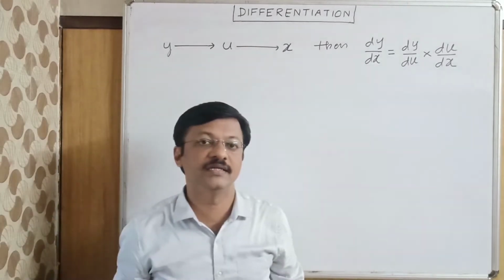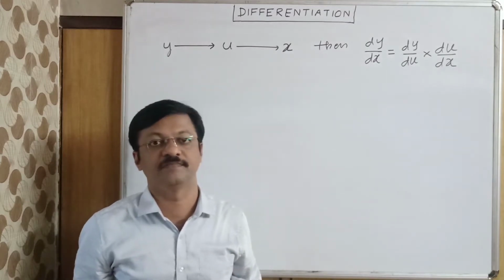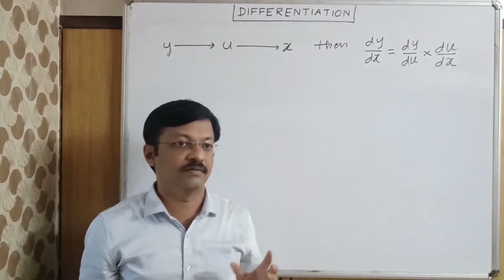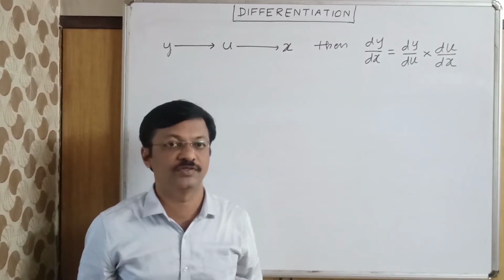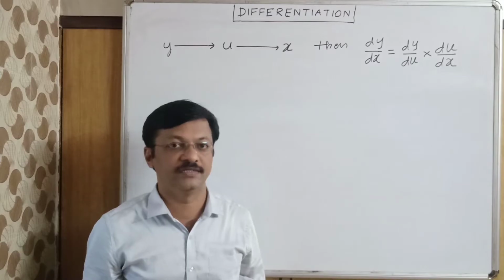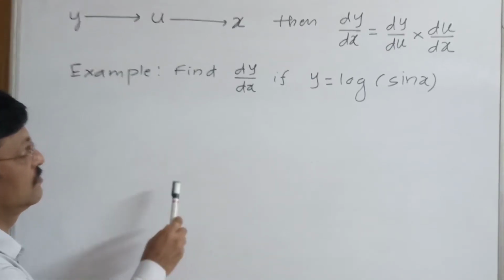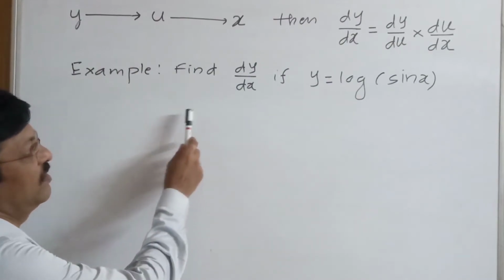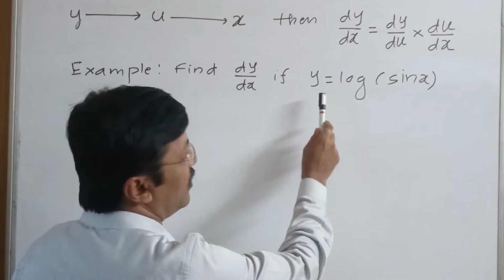We can understand this rule better by solving some examples. We can take some illustrative examples in the beginning, then we shall see some other examples also. So let us see one example. Consider this example. Find dy by dx if y is equal to log of